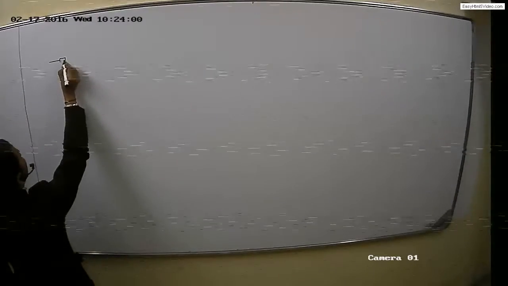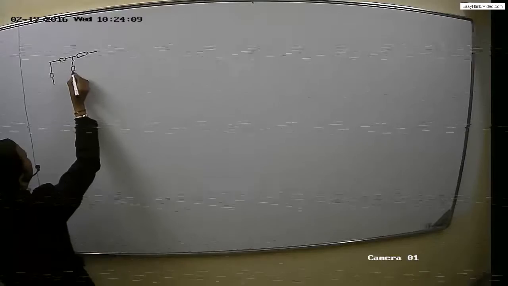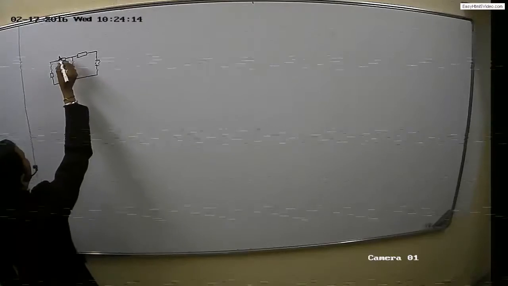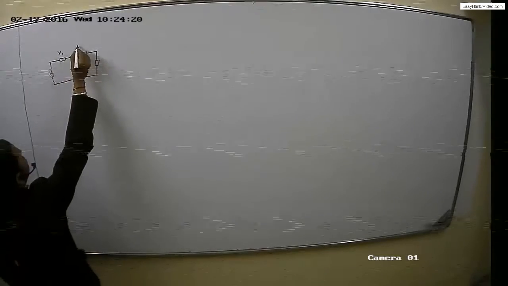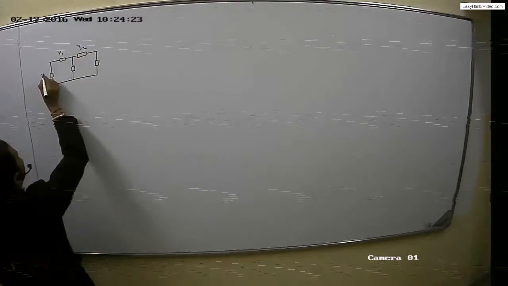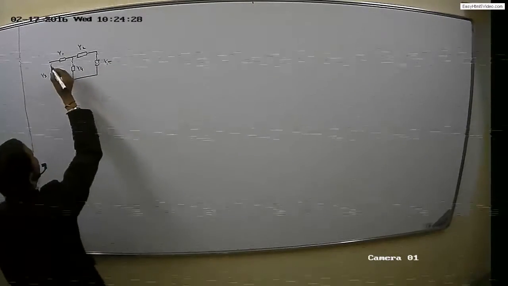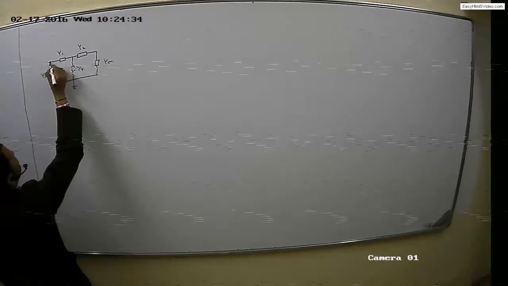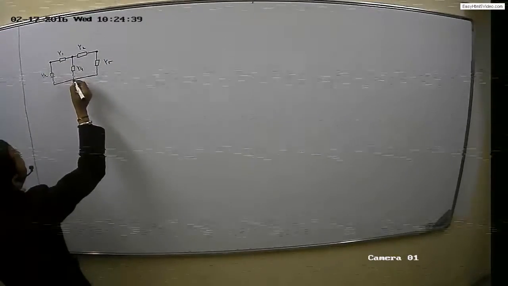which is a kind of electrical network. You can see there are 5 branches having admittances Y1, Y2, Y3, Y4 and Y5. You can take this common node as the datum node. This is a node, another node, another node. So there are 3 nodes and 1 datum node.